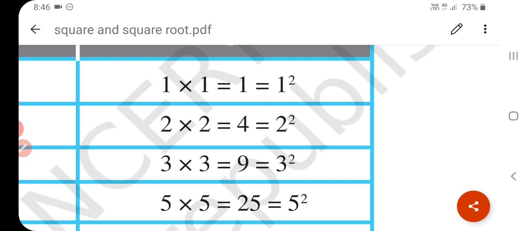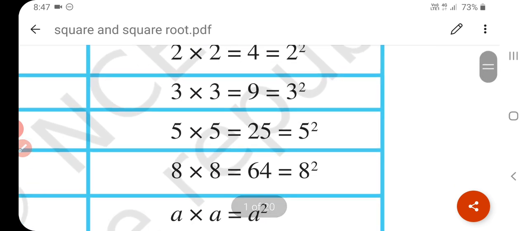The square of an even number is even. See here, 1, 3 and 5 are odd numbers. So the square of an odd number is always an odd number. Square of 5 is 25. Square of 3 is 9. But square of 2 is 4. If you get the square of 8, that is 64, it is always an even number. The square of an even number is even, and the square of an odd number is odd. The square of a number is the number multiplied by itself.